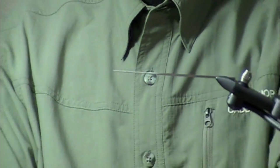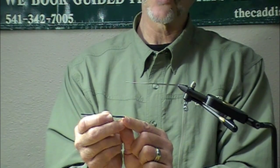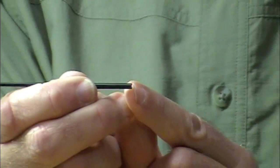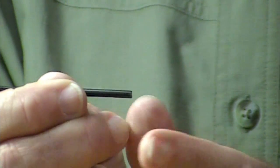And with this arrangement, the eye of your hook seats right in, and we're going to cover this. We got lots of videos to make. Fits right into this hook guide, and the eye seats right there. Flexi Tube,